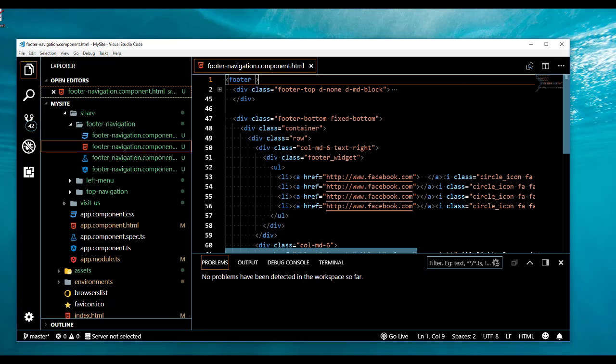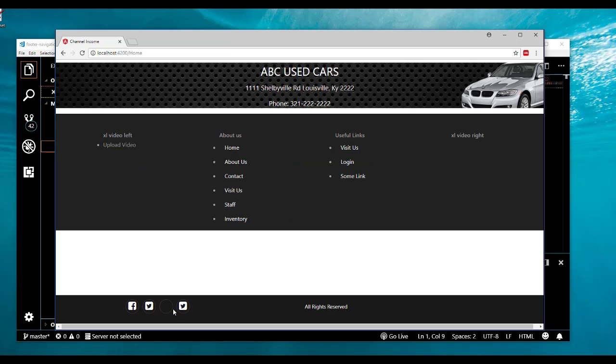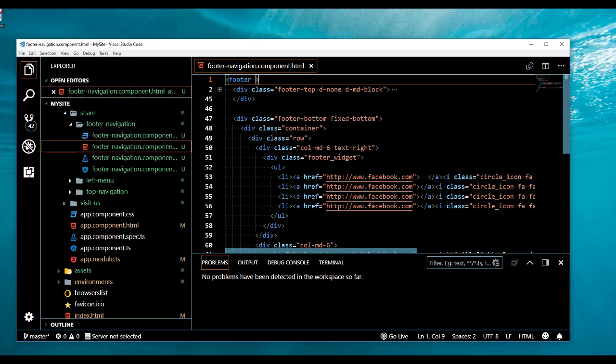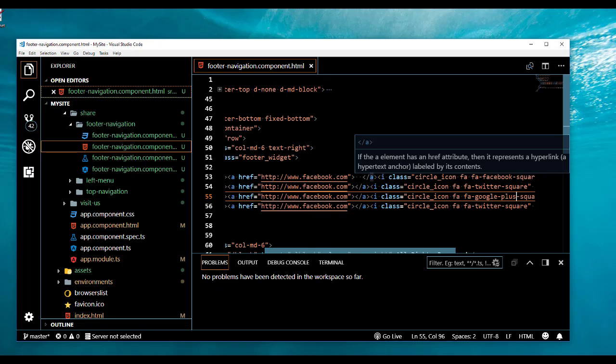The other error I noticed we had here is when you're on the website, you see you can't get a link at the very bottom. When you highlight over it, you don't get your mouse cursor. We're also missing an image here because of a spelling check. You can Google search these. If you were to Google search FA Google Square, you would have noticed it comes up with FA Google plus Square. And the reason we're not getting our link is we have our A href